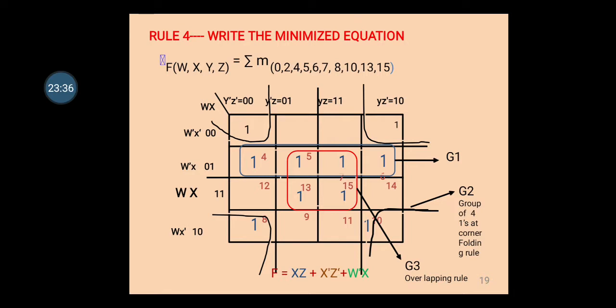Then you go for z. Z in the first column is 0, in the second column z is 1. It has changed. Once it is changed, you cannot write it. So y and z you cannot write from the column. Now you will go row wise. In this it is only a single row. You cannot compare in a single row. If there are 2 rows, then you can compare and take out a common variable. But this is a single row. Any time a single row or single column is there, you have to directly write those variables. So that is w bar x. You can see it in green color. So the equation of that group is w bar x.